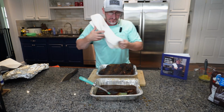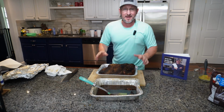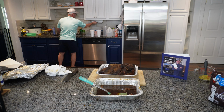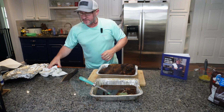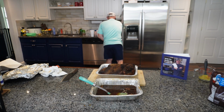All right, let me wash my hands. It's hot. I actually need some shredders, which I don't have since it's been sitting in the ice chest. It's still really hot, and I mean really hot. So we're going to have to probably take a couple of forks and see if we can start to